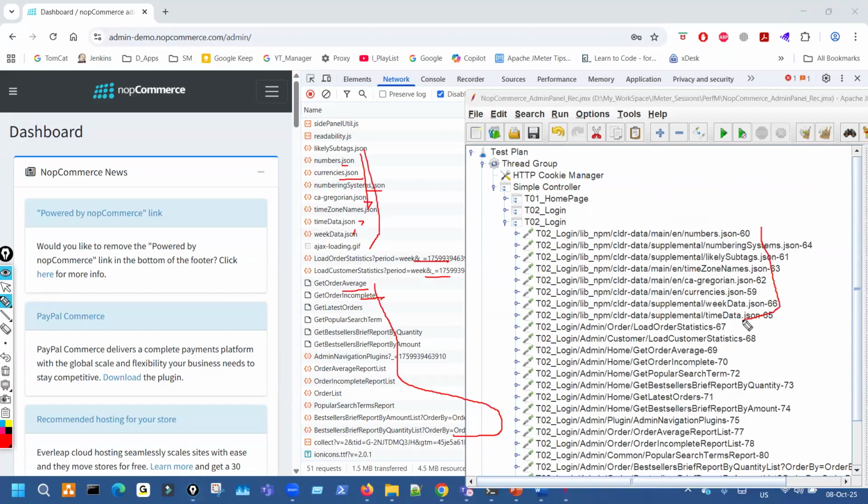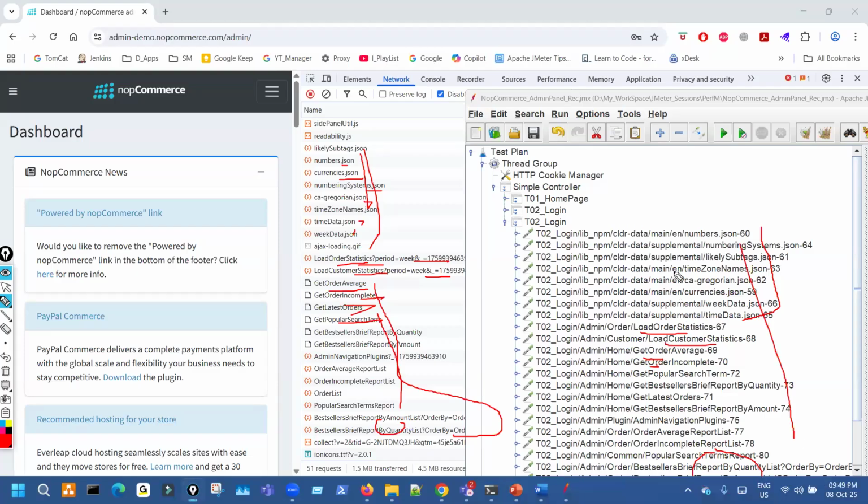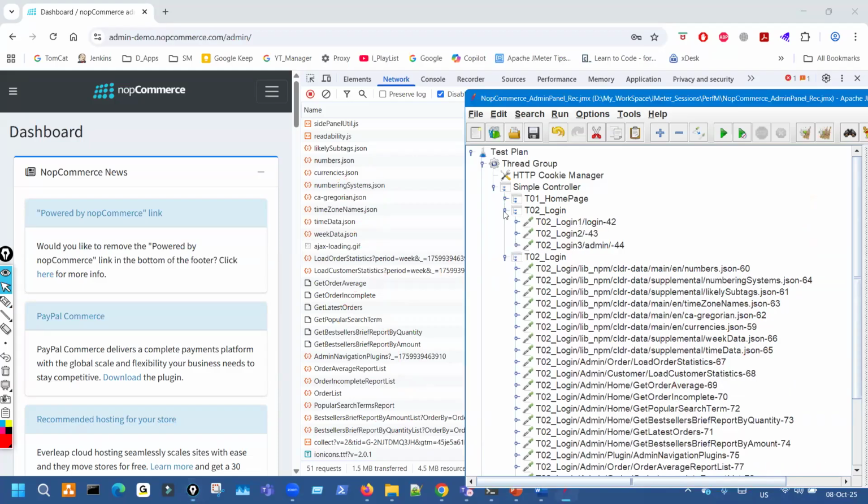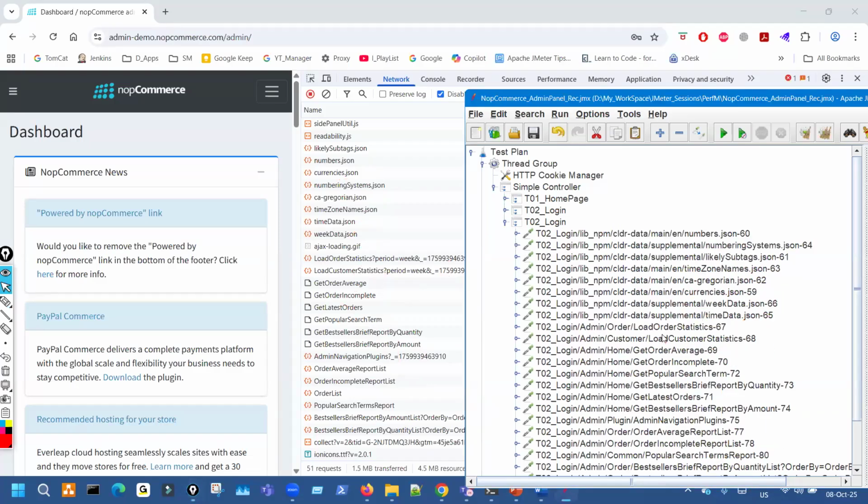So all JSON here, and then load static, load order static, load customer static, and get order average incomplete. All this, right? It's here too. So how many are there? I can count. I think there are probably 15 to 20. So now you see a login, apart from having 3 requests, also has this many 15, 20 requests,